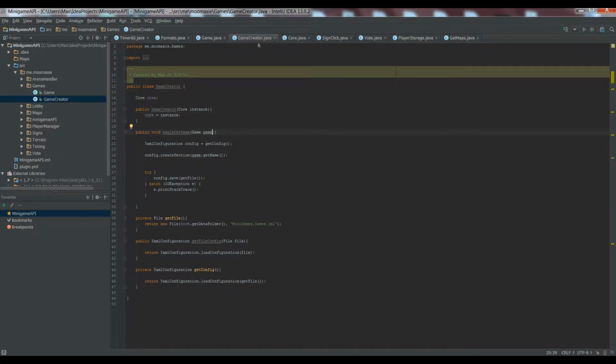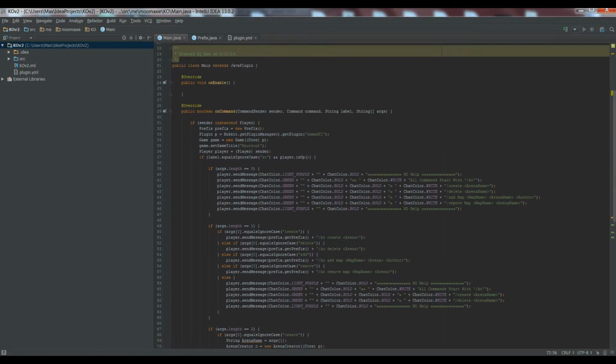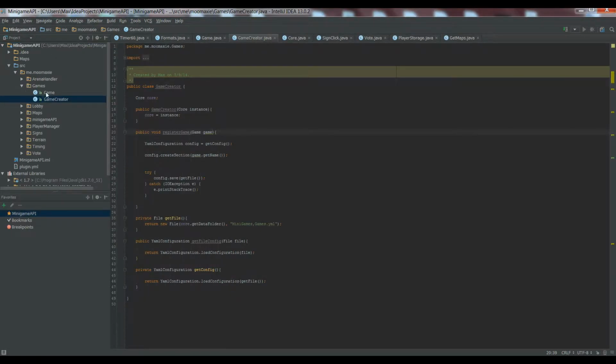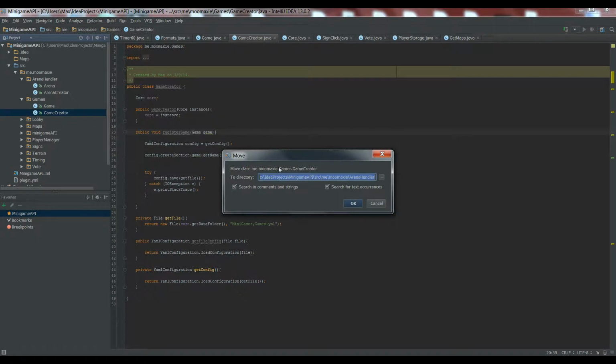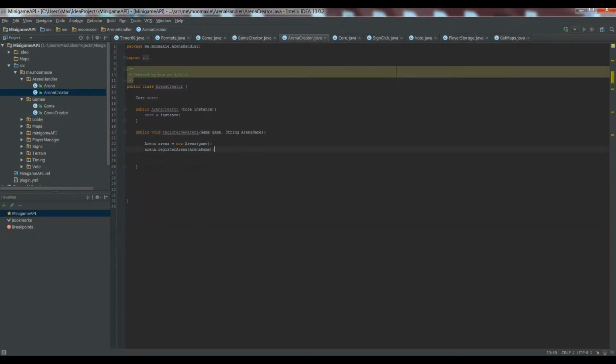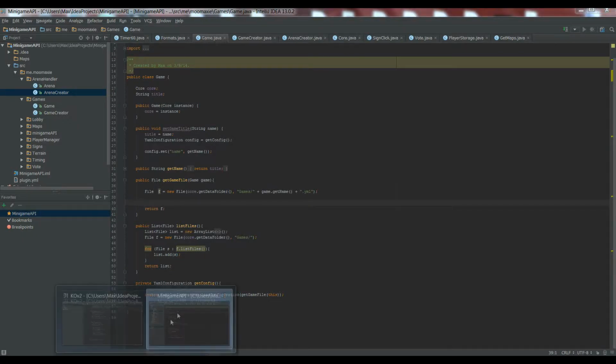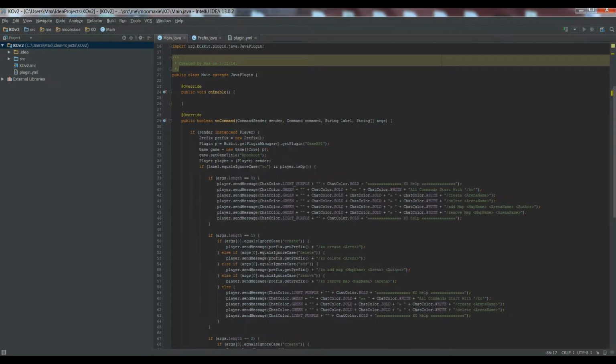Which is because... Is it? Or is it? Was it up here? Yeah, I don't use game creator at all now, do I? No. Alright. Let's go to arena creator. Here it is, alright. Actually, no, I'll leave that under there. I'll leave that there. And then in here, I can just do